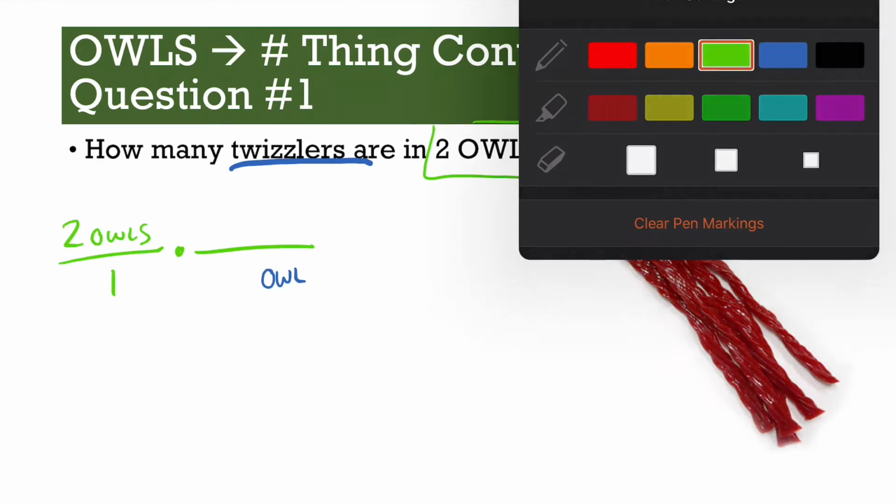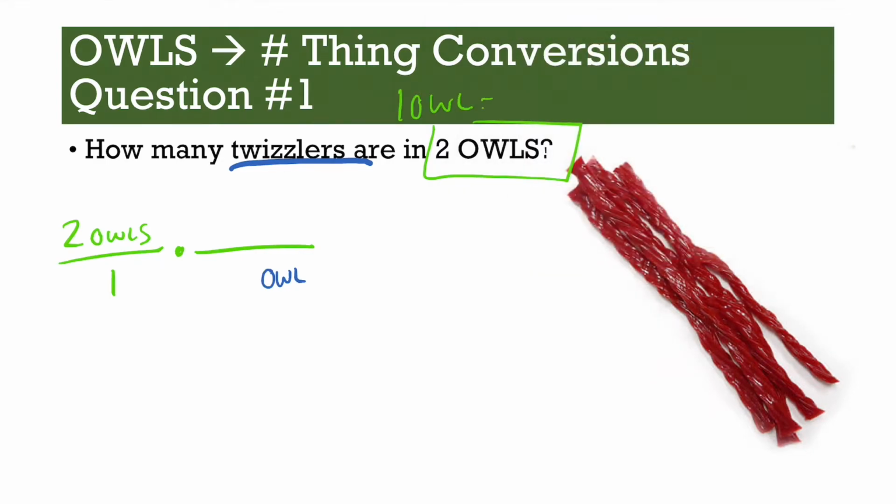So remember, 1 owl is 4 things. So in 1 owl, we have 4 Twizzlers. So owls cancel out. You're left with 2 times 4 divided by 1 times 1, which gives you 8